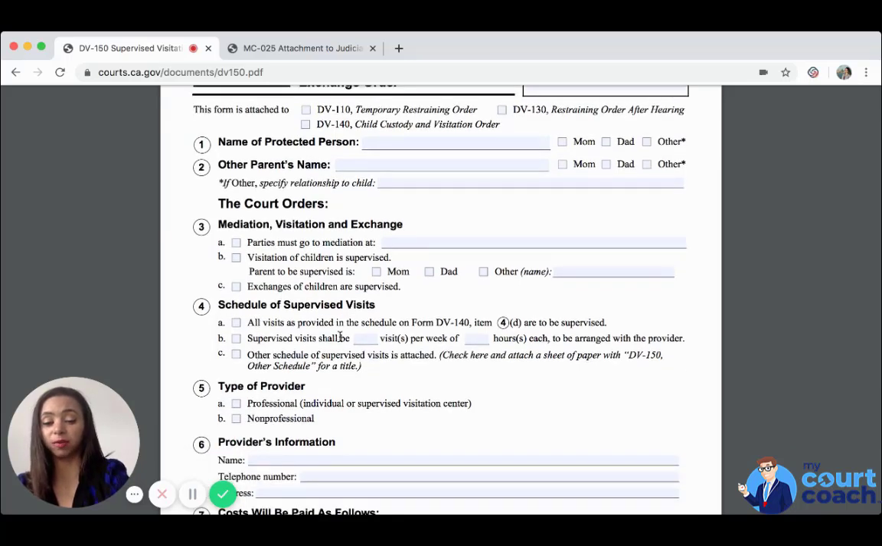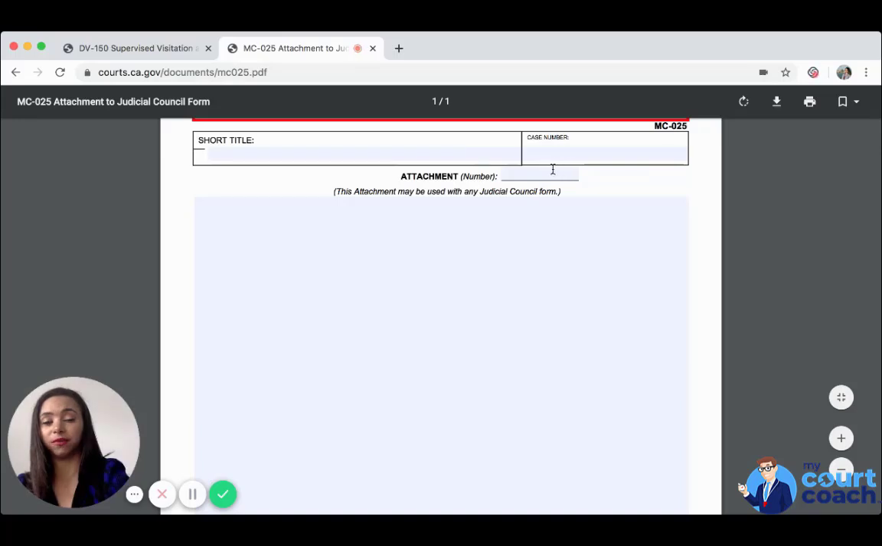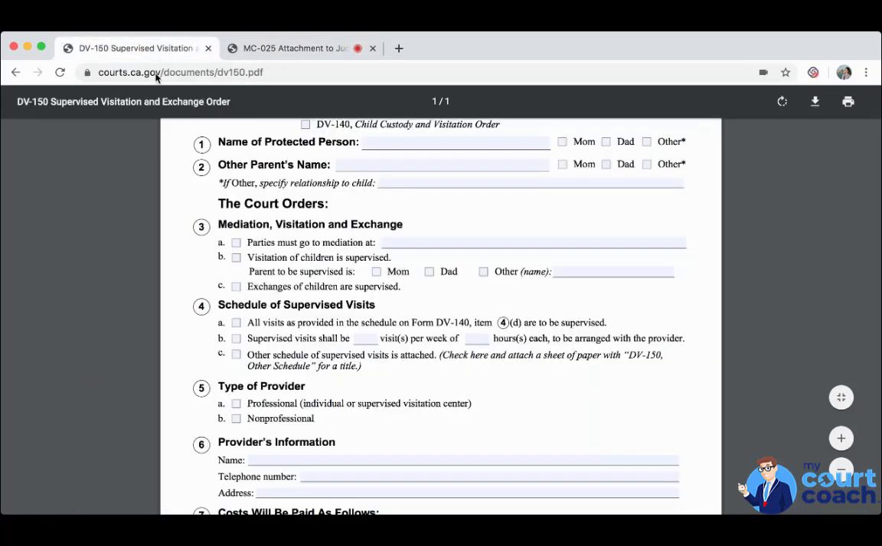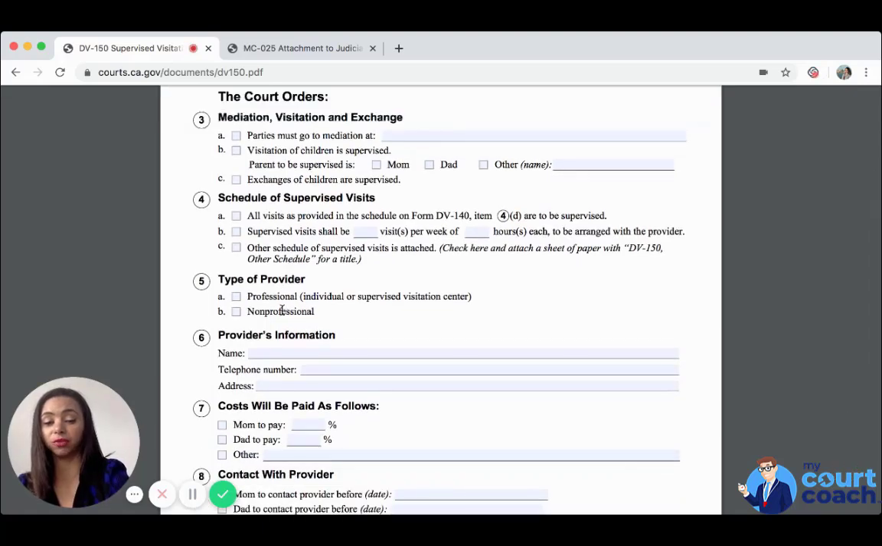All visits as provided in the schedule on Form DV-40 are to be supervised. Supervised visits shall be X number of visits per week for a number of hours each, and to be arranged with the provider. Other schedule of supervised visits attached, and you would then fill out this MC-025, type in DV-150, and then just other schedule. The type of provider can be a professional, so an individual or a supervised visitation center, or a